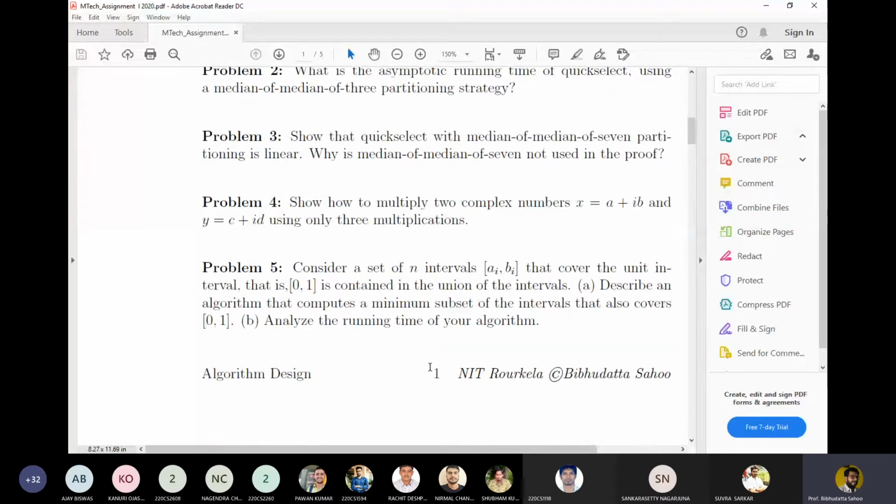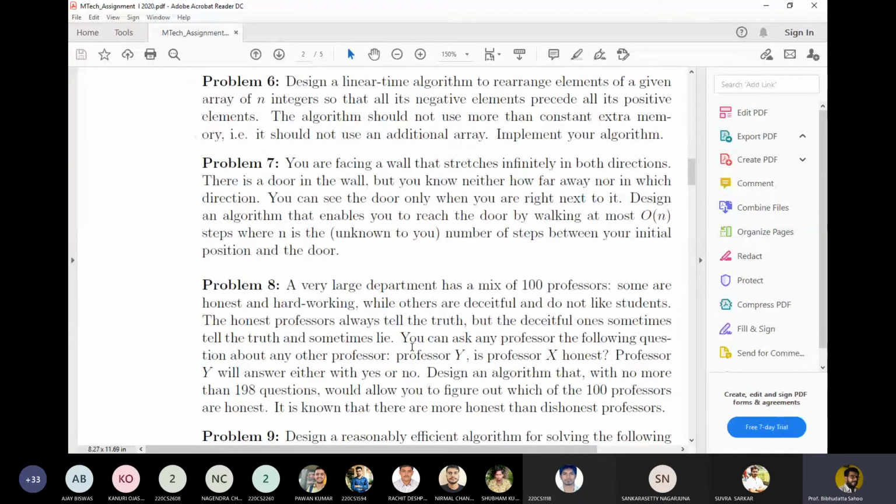Now you look into, you want to multiply two complex numbers. How can you multiply using 3 multiplications? It's another approach of divide and conquer. Whenever we try to multiply two n-bit numbers, we claim the complexity to be order of n square, then with a substitution we can reduce it. So please have a look into these problems, and as I say, the problem size will increase.